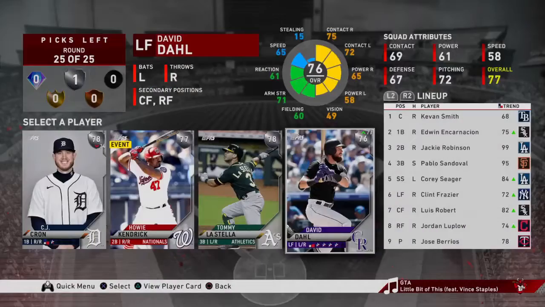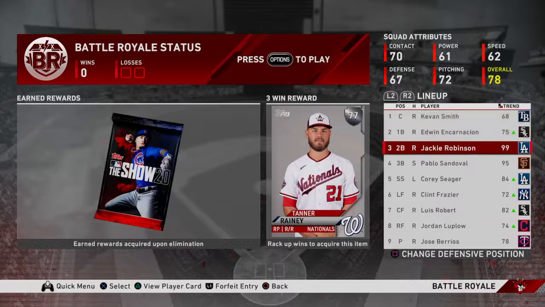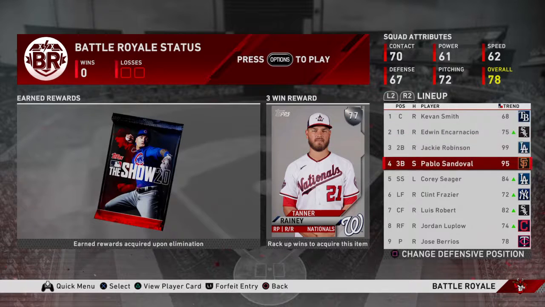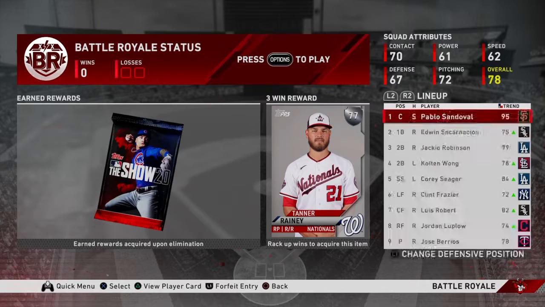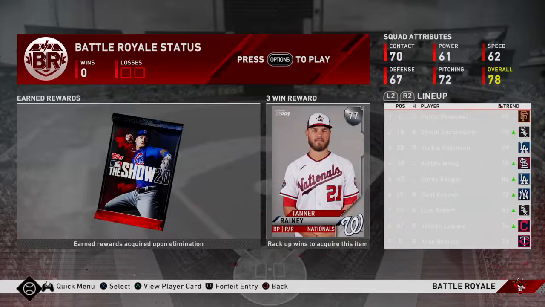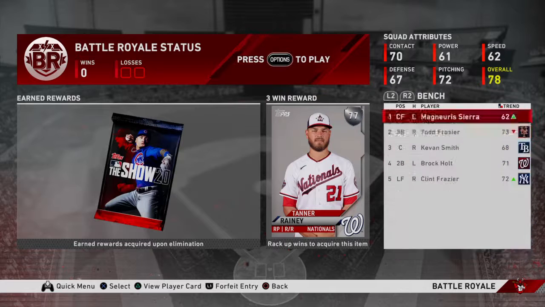I think I'm going to go David Dahl here to start in our outfield. The fielding out there is not going to be pretty. But it's whatever. It's whatever. So now we're going to set this lineup. I think I'm going to move Sandoval already. I'm going to move Sandoval to catcher right there. So these are bench bats. Clint is also going to be a bench bat. And, ooh, do I have to start Clint? I really don't want to do...